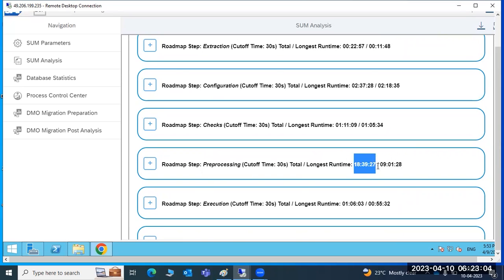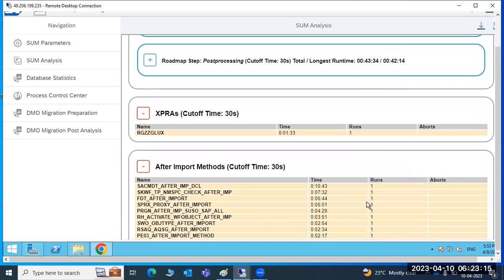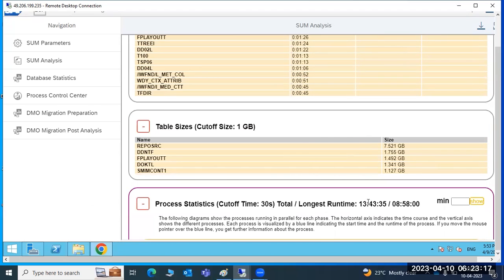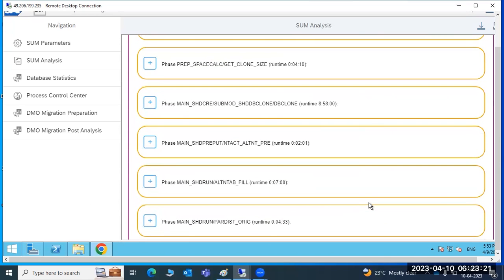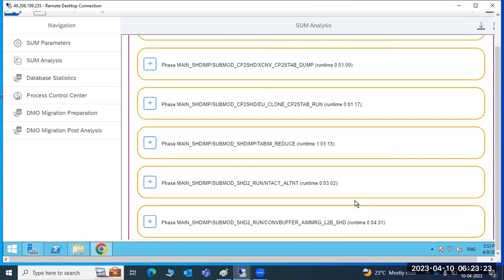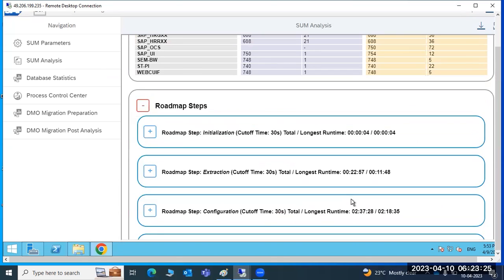Pre-processing, you can see here, took 18 hours. And downtime was only 1 hour, which means only 1 hour of downtime for the system. All this information will be located here. All the information will be available in the SUM analysis file. That file is called the